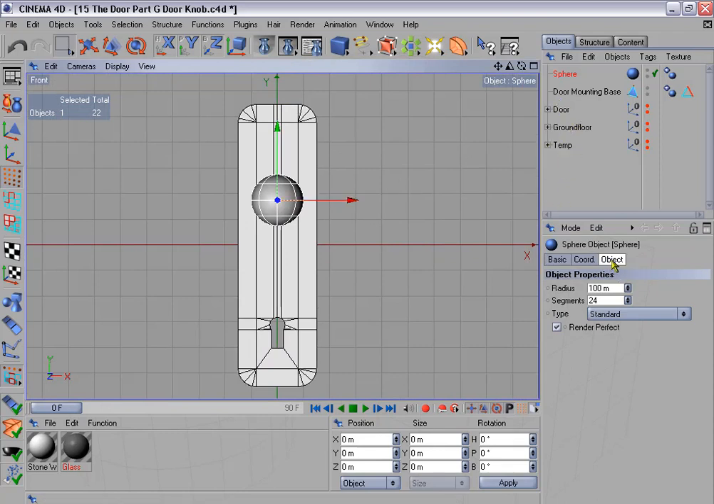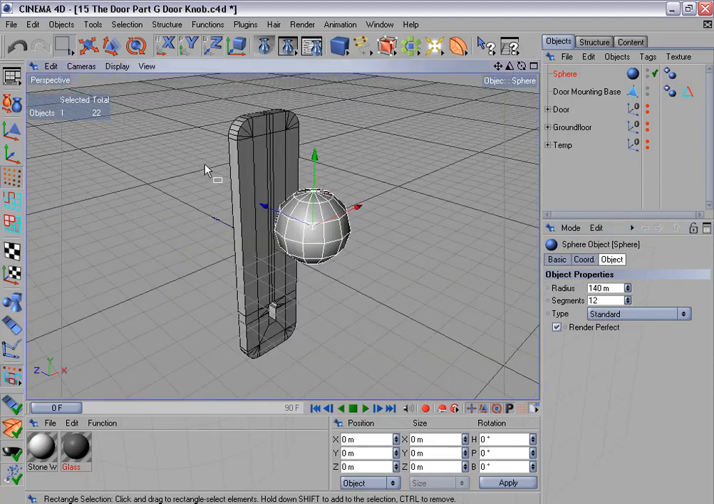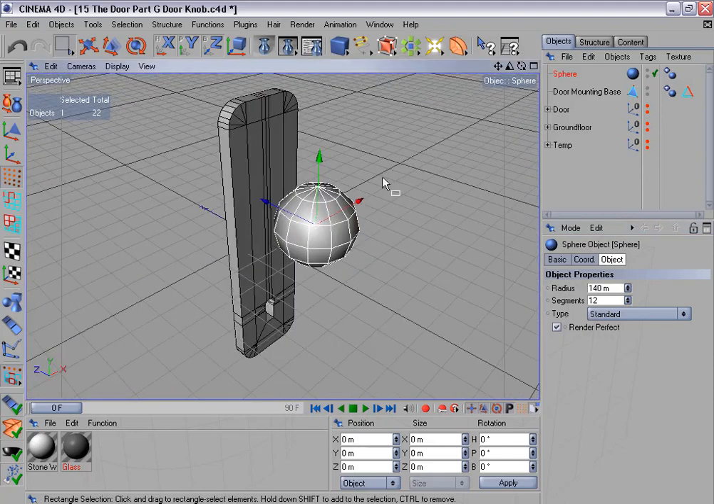And let's see, in the attribute manager, go to the object tab, and I want to increase the radius to about 140, and I'll bring the segments down to 12. Okay, now let's make this sphere editable